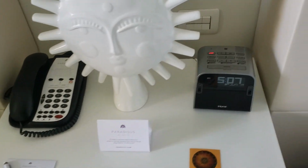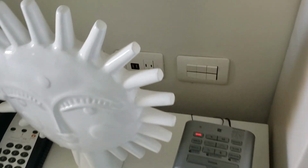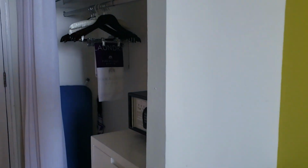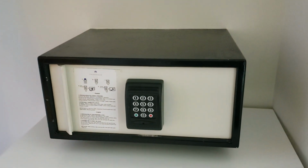A phone and a clock and USB port for your devices. A safe which would accommodate a 15-inch laptop, and a dresser, an umbrella, an iron, and an ironing board,